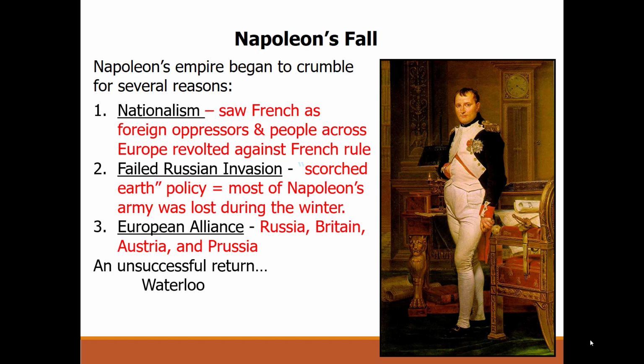At the same time, the Russians, the British, the Austrians, and the Prussians are going to team up to fight him. They beat him the first time, send him off to an island just outside of Italy, Corsica, and he's going to escape. And he escapes back into Europe, and he has this like 100-day period where he is going to rile things back up, and Russia, Britain, Austria, and Prussia are going to freak out and be like, this can't happen. So they're going to team up again, and he's going to ultimately lose at the Battle of